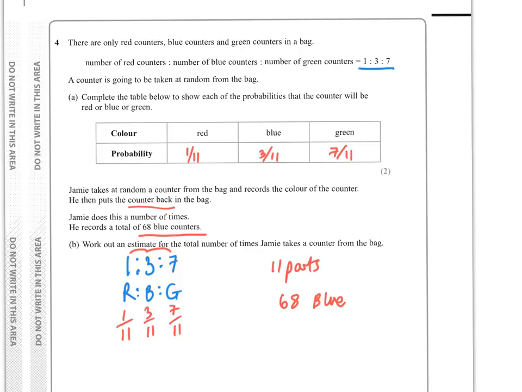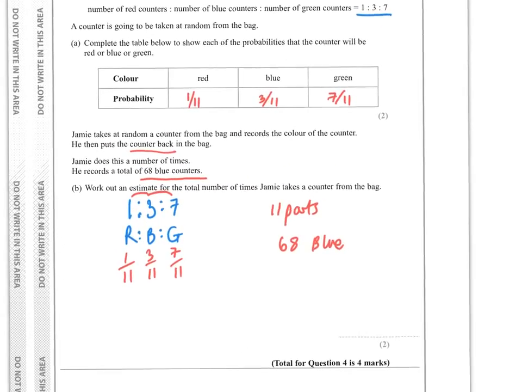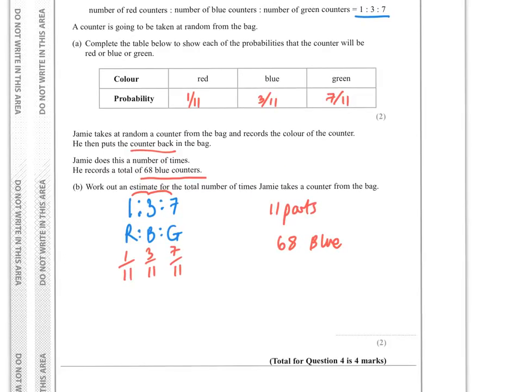But I think we can work that out reasonably quickly, because we know that 3 out of 11 times is blue, and that represents 68 counters that are taken. So we have to try and make 3 elevenths into 11 elevenths, because then we'll get the whole amount, won't we? Because they all have to add up to 1. So if 3 elevenths is 68, then 3 is going to be 68 times 11, because we just times both sides by 11 in